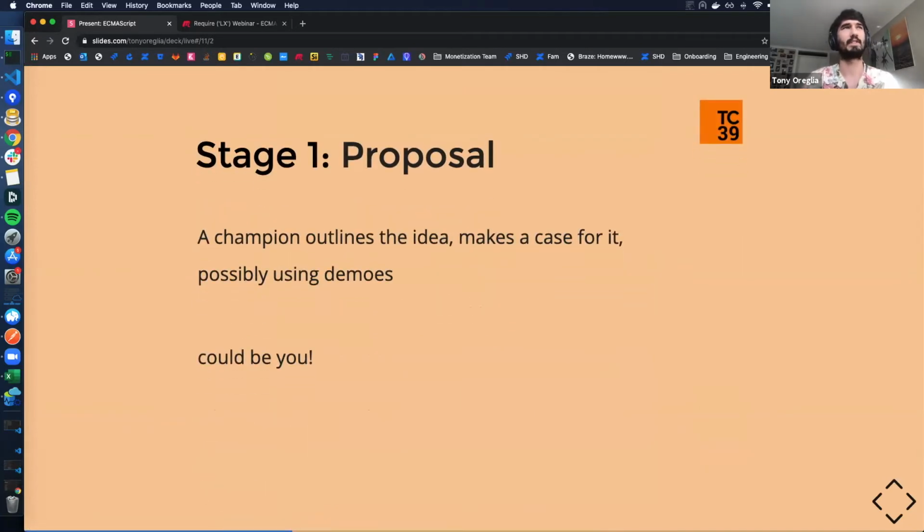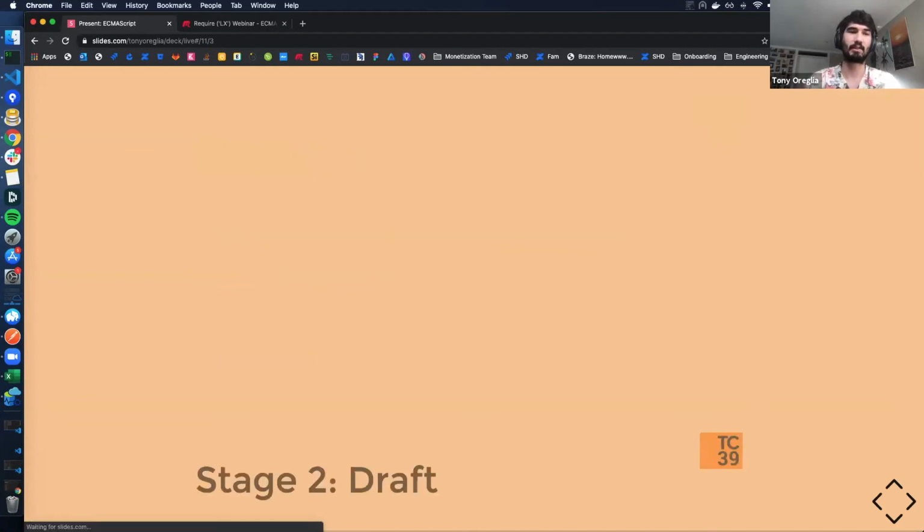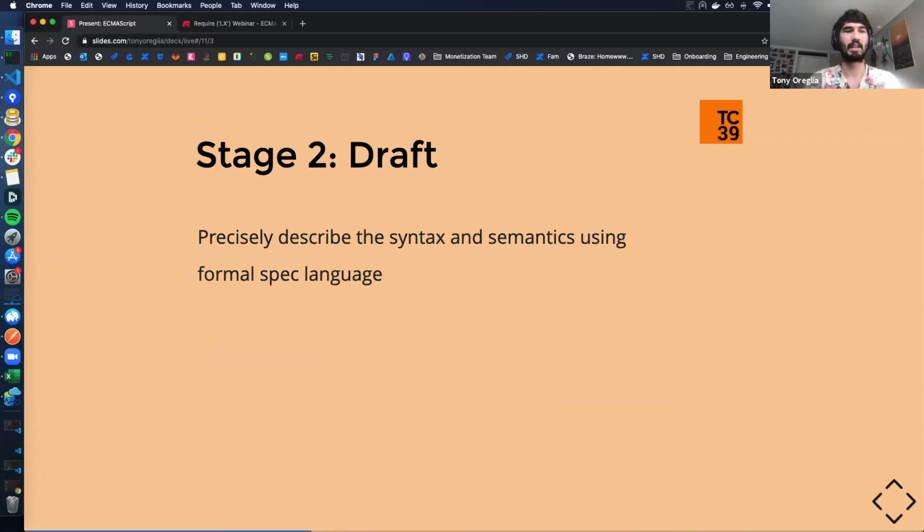And the first real stage is the proposal stage, stage 1. This is where a champion, someone responsible for that particular proposal, outlines the idea, makes a case for it, possibly doing demos. It has happened where someone who's not a member of TC39 makes a proposal and then actually gets invited to the meeting to potentially champion the idea. So that's pretty cool.